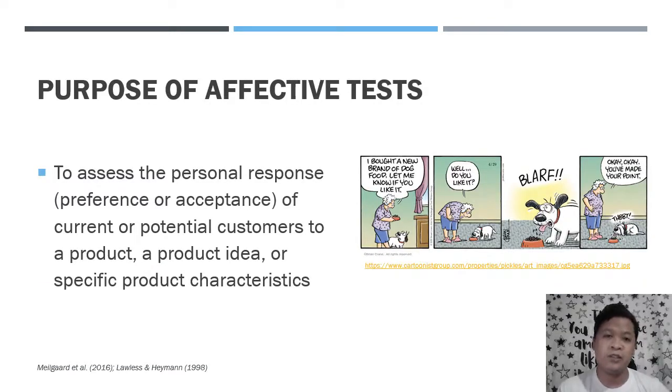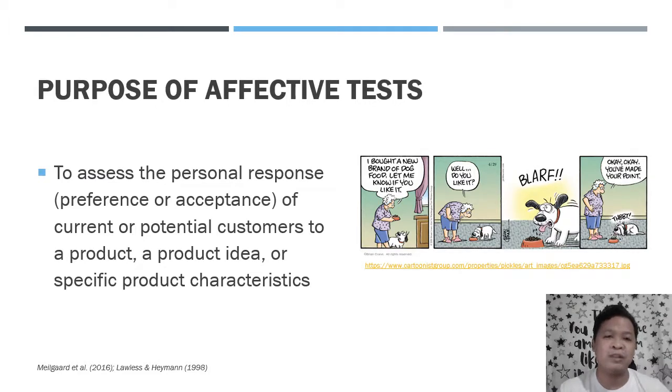Consumer tests are also known as affective tests, and these tests usually deal with laymen, consumers, and we probe their feelings regarding our food products. So the purpose of affective tests is to assess personal response, either a preference or level of acceptance, of current or potential customers to certain products, like a product being developed, an idea for a new product, or certain